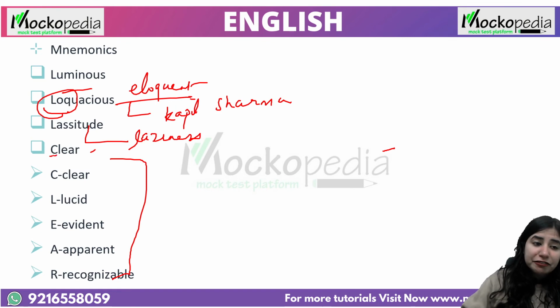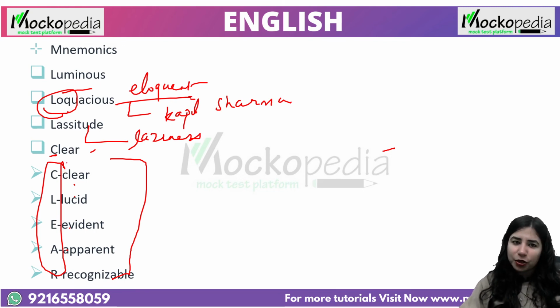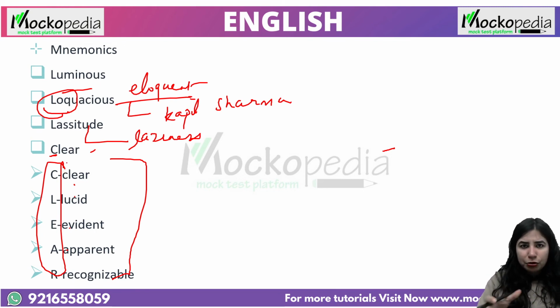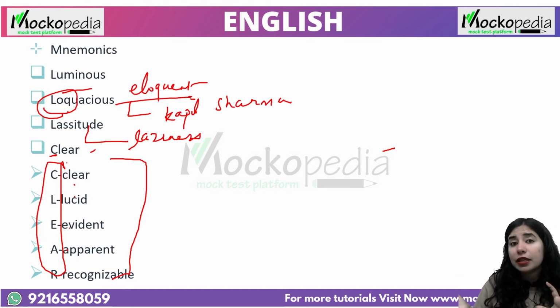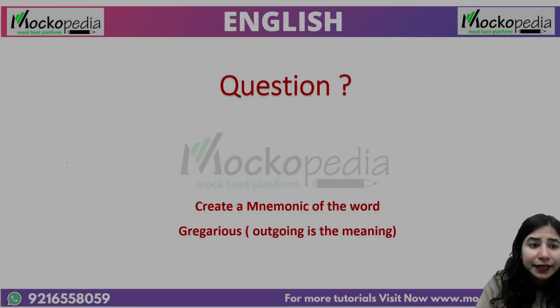Are you seeing that with every word I am getting the synonyms? So clear is clear, lucid, evident, apparent, recognizable, each letter and clear, right? This is a very unique technique, but this would really require effort. So, in some ways, if you are able to gather words, you can do it like this. Some you can associate with a character, some with a thing, some with a figure, some with a movie, some with a star. However it works for you, it's a very, very personalized approach, and I would really want you to do associations that help you retain better, right?